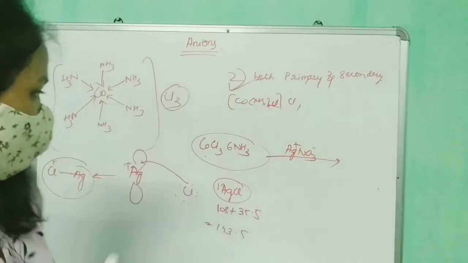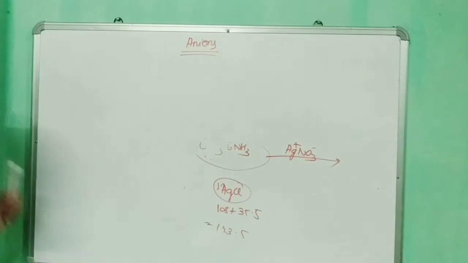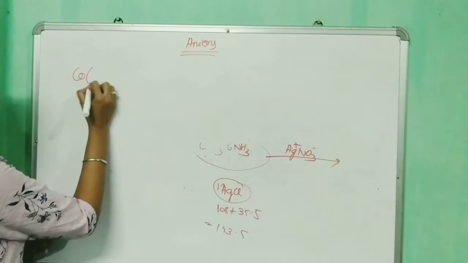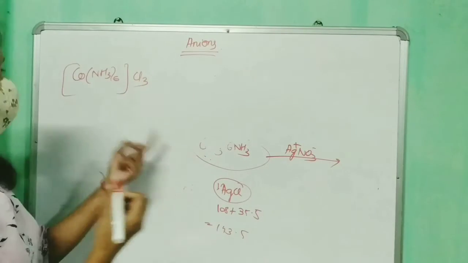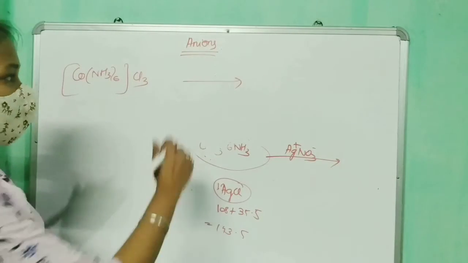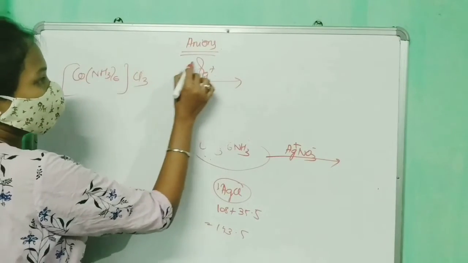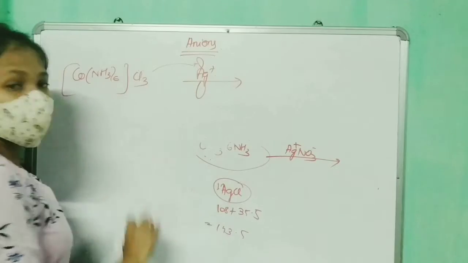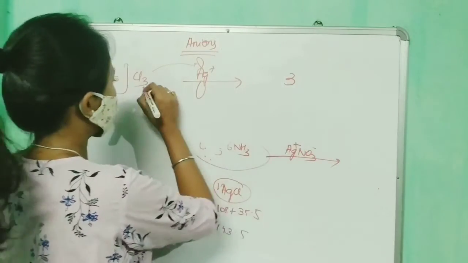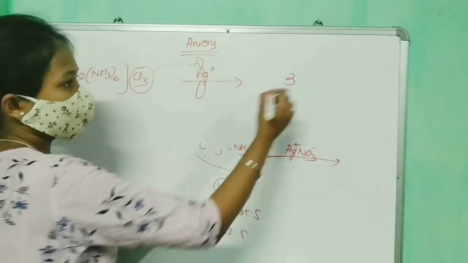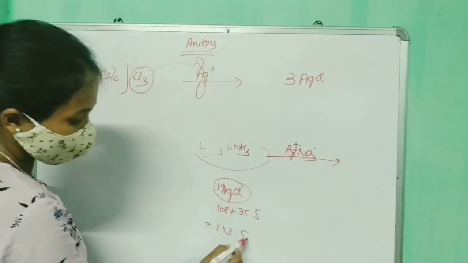So suppose the 4 complexes that I took earlier. Suppose the first one, Co(NH3)6 Cl3, and there were 3 chlorines outside, which are ionizable, right? So when he added silver nitrate, the chlorines put their electrons in the vacant orbital, and we get 3 ionizable chlorines, so 3 AgCl. 1 AgCl will have 143.5.